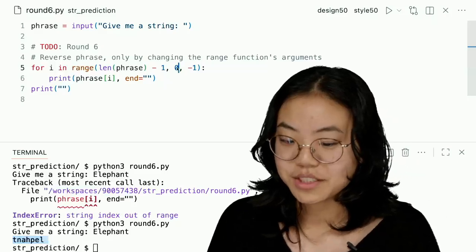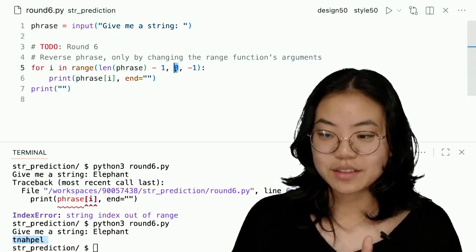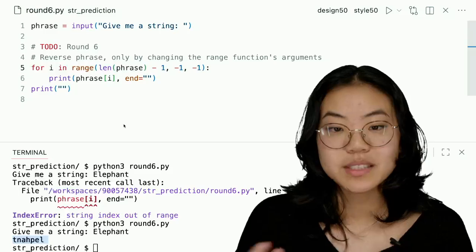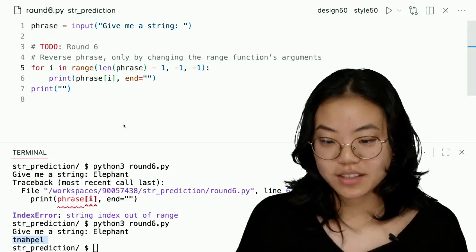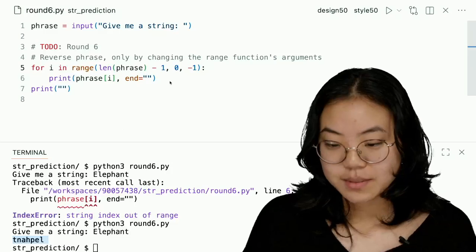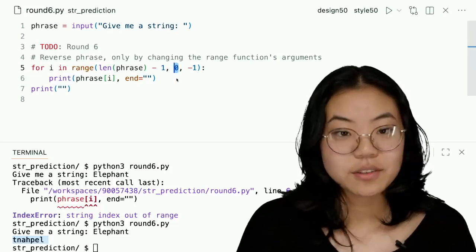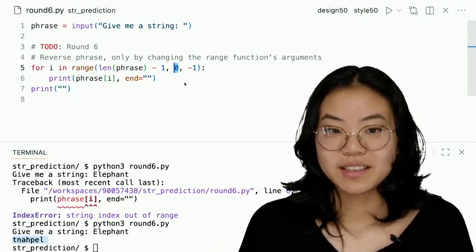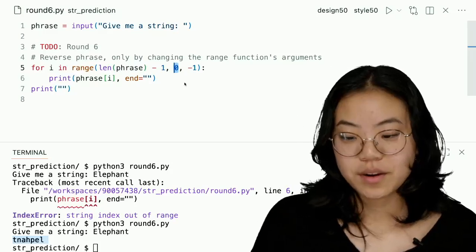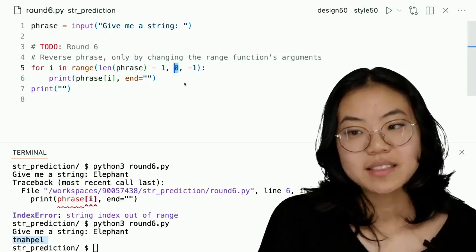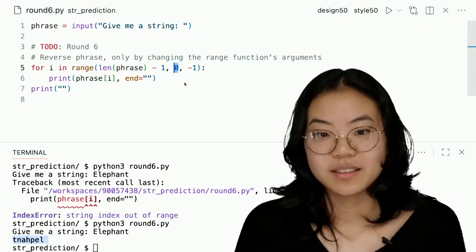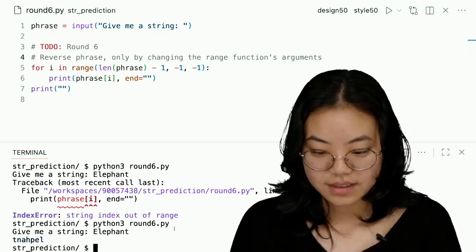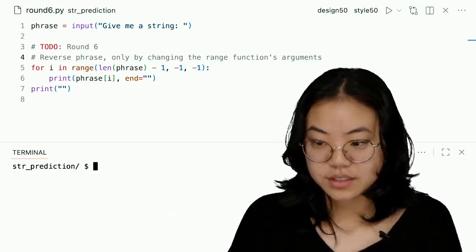Yeah, so someone's suggesting changing this 0 to a -1. Right, so it's not printing the 0th character because when I specify the end as 0, that's exclusive. So it's not including 0. It'll just go from whatever my length is down to 1 instead of to 0. So if I change this to -1, then hopefully we should see